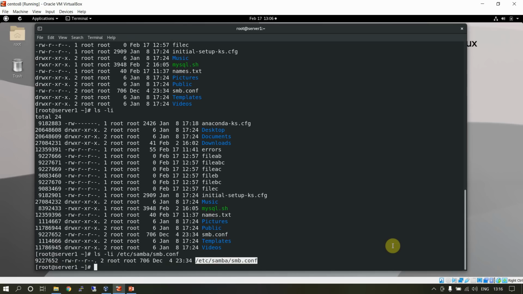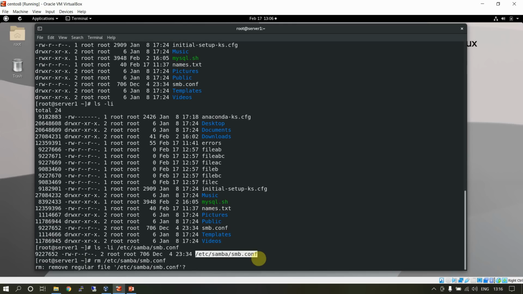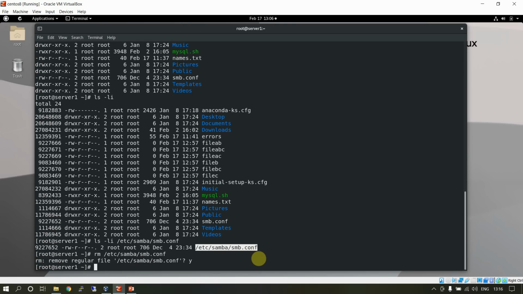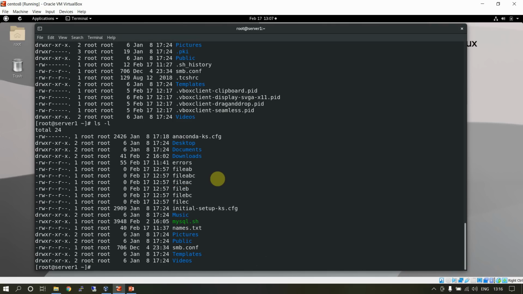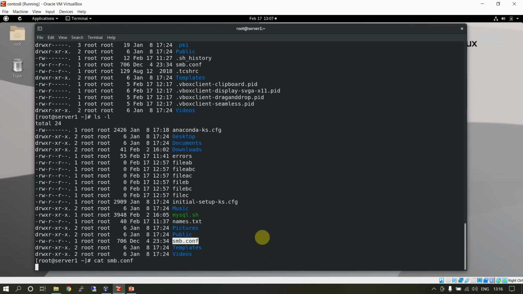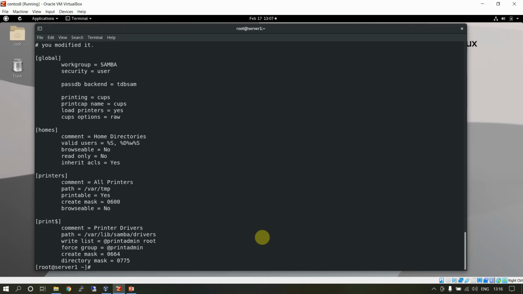However, if I delete with rm this, I can still access the content of this directory with the link, ls -l. So I can still access the content. smb file is there, cat smb, though I deleted the original file.